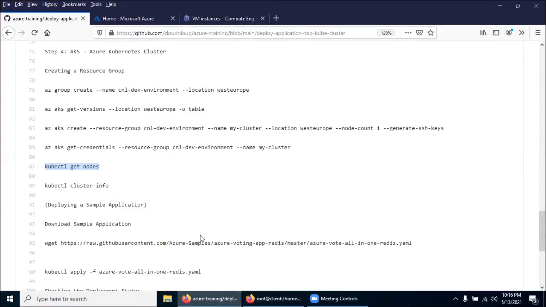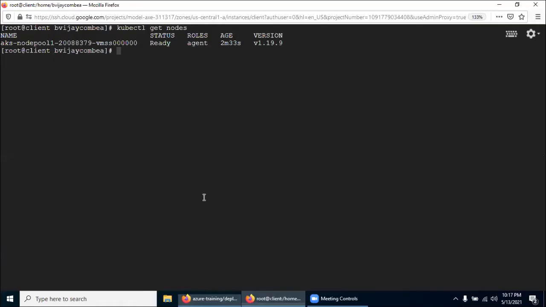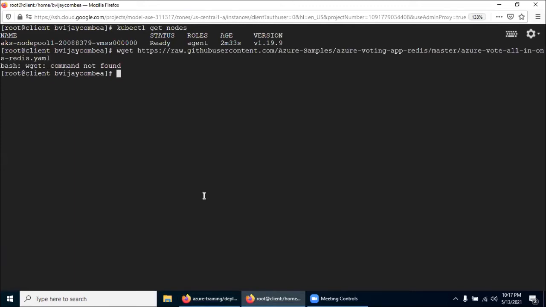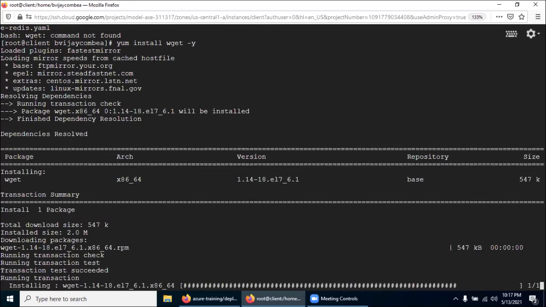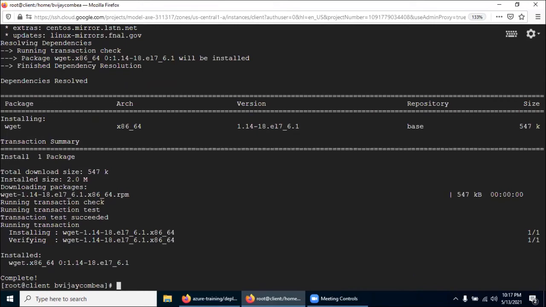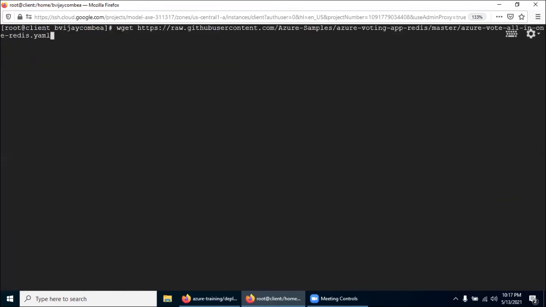Now we need one sample application. We have this URL having the sample application. There is no wget package, so we can install wget. Now we will run the same.